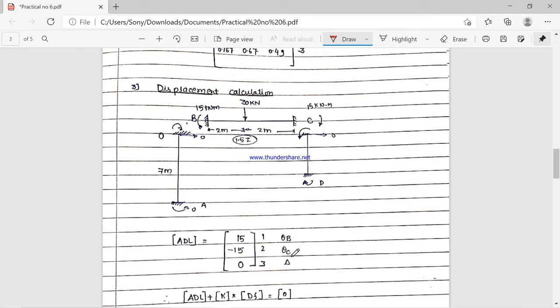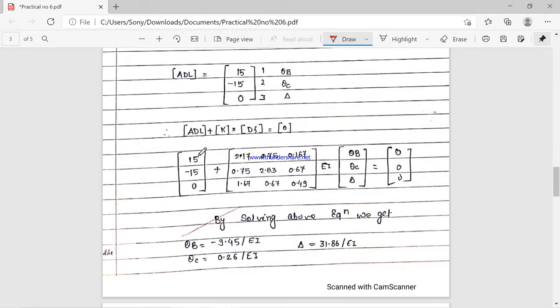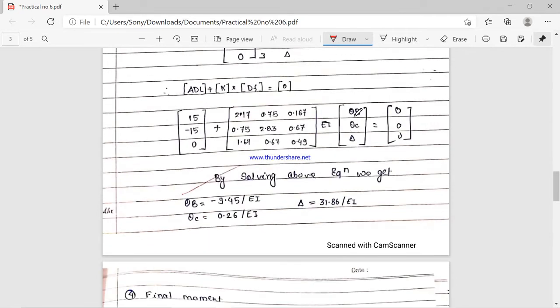So theta b, theta c and delta. Now the formula is ADL plus K into DS is equal to 0. So we have to put all these values very carefully and solve these three simultaneous equations, and you will get the answer for theta b, theta c and delta. So theta b, theta c and delta can be calculated by this matrix equation.